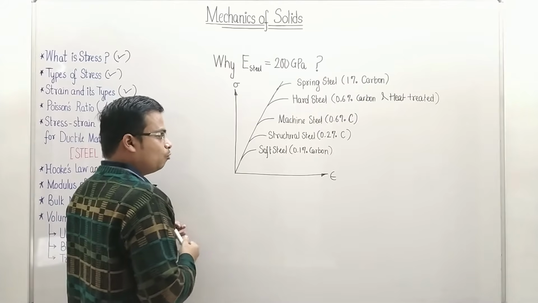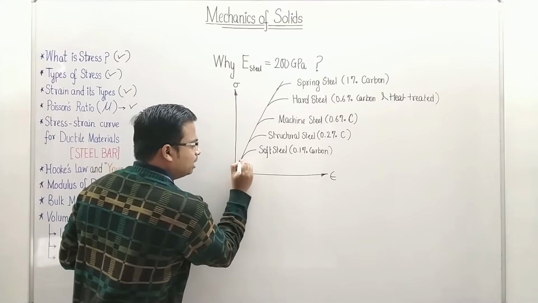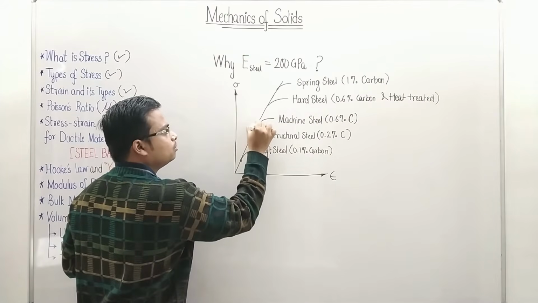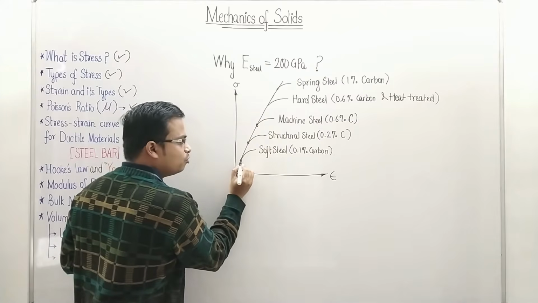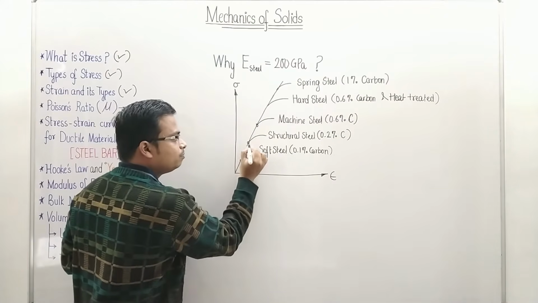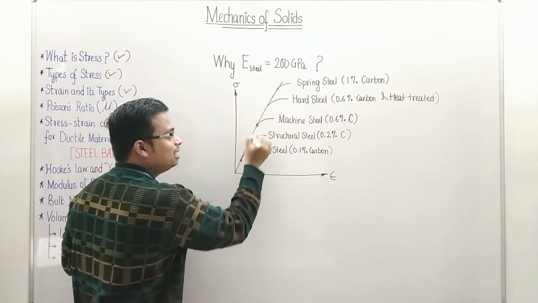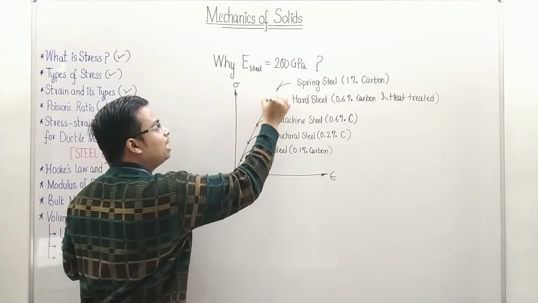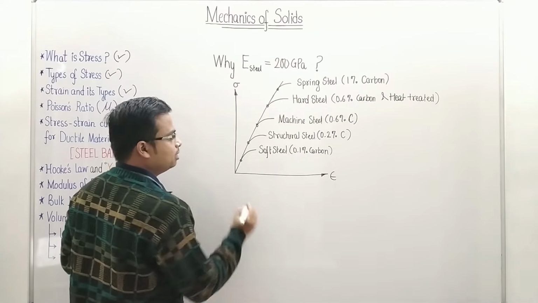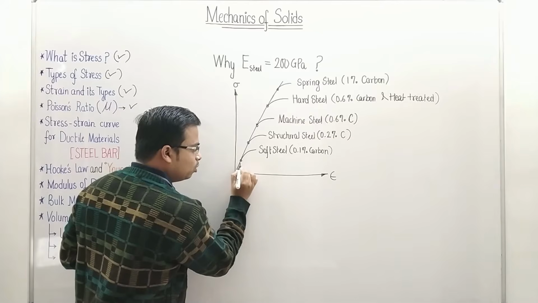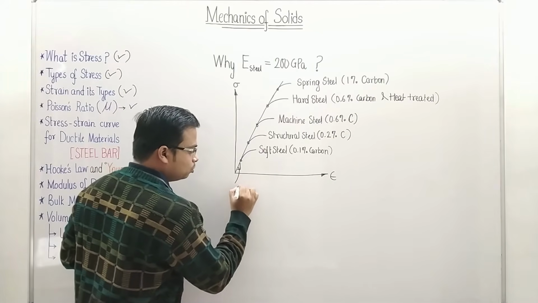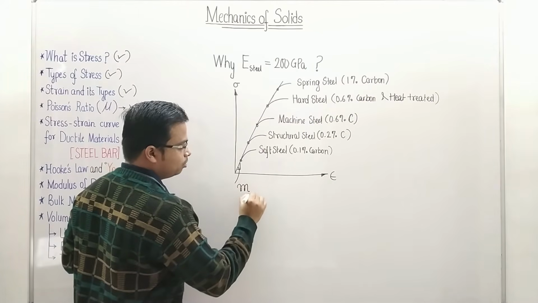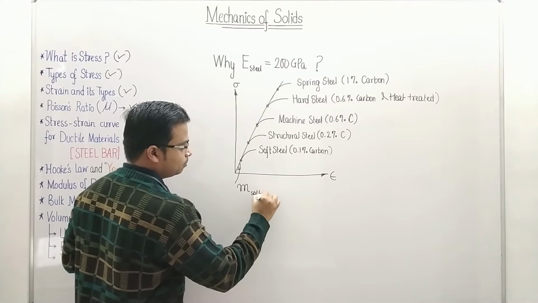What we see is that before the proportional limit of soft steel, structural steel, machine steel, hard steel and spring steel, if we make a triangle and take the slope M for soft steel,